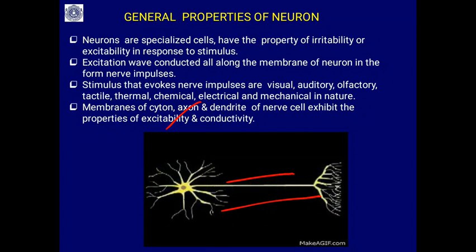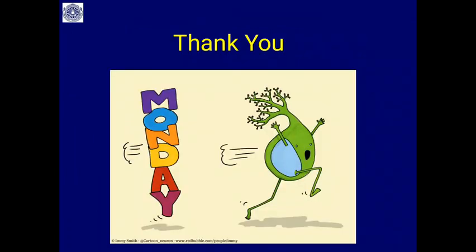So the electrical impulses are communicated all along the axon to the next neuron. This is how the neurons function. How impulses are generated in the neurons, and the mechanism, we will study in the next